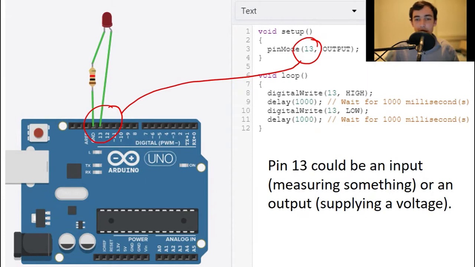Here I want to explain the different sections of void setup and void loop, what's inside of them now. You can see we've got a LED here and a resistor here. The resistor is just to slow down the current so that the LED doesn't get too much current through it, too many electrons rushing through all at once and break. So it won't break with this resistor. I mean, we've got pretty low current coming out of here anyway, so it should be fine, but it's good to always put a resistor there. Anyway,